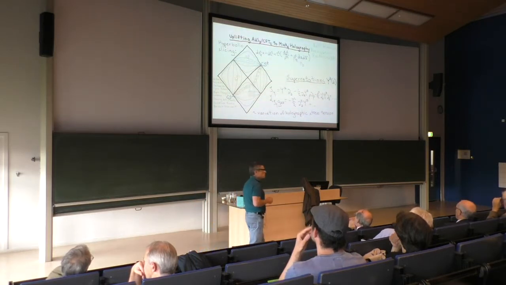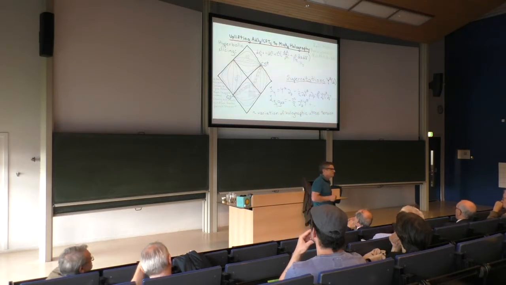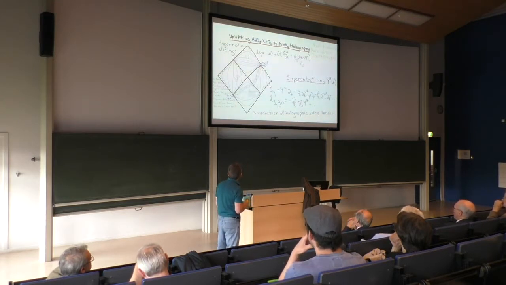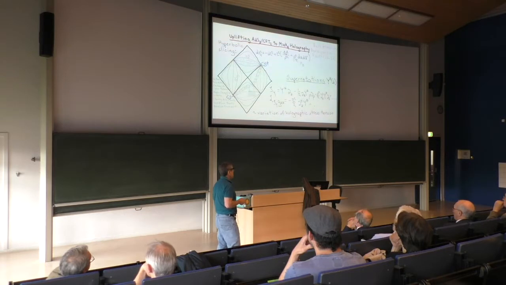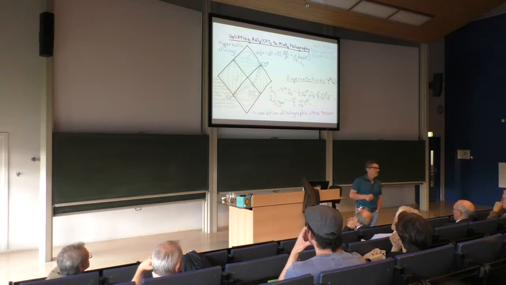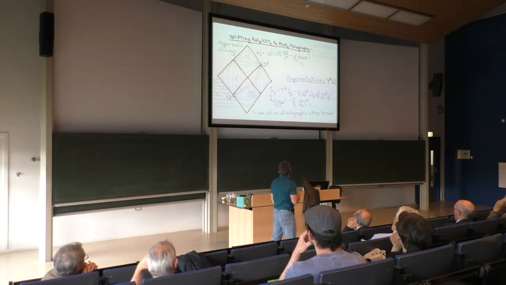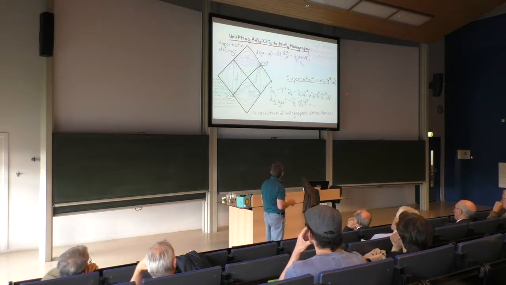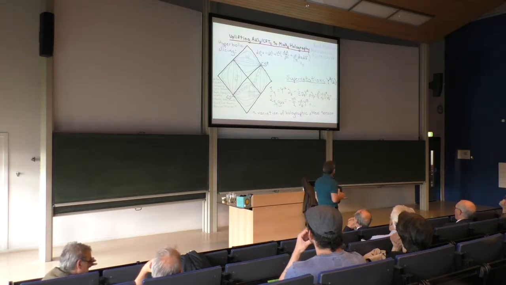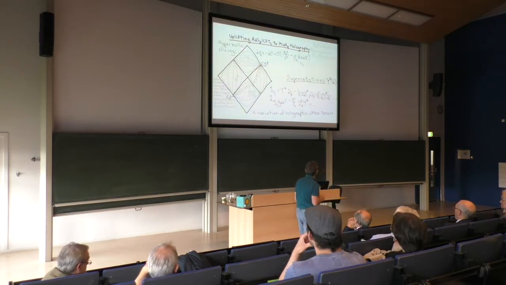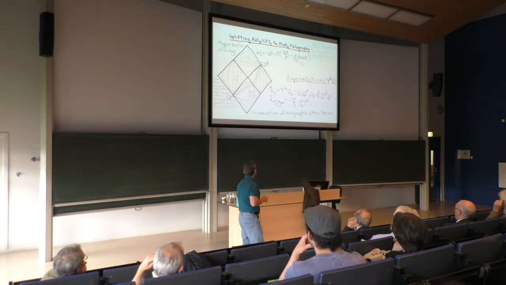Now, what we showed much later, after this, importantly, Barnich and Troessaert did a more careful analysis of the original BMS group, and they argued that the BMS group, which is angle-dependent translations along scri, should actually be enlarged to include this larger group. That the treatment of the singularities given by BMS was too stringent. But both of these were